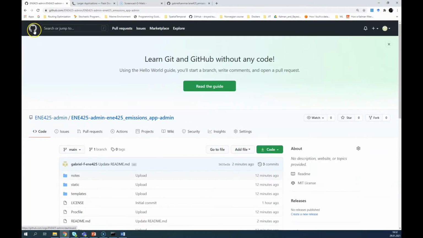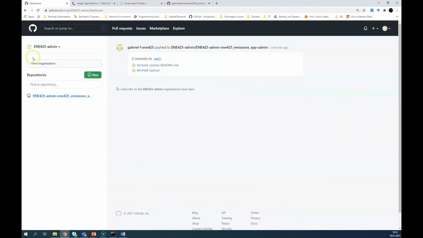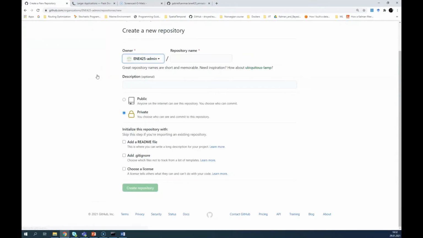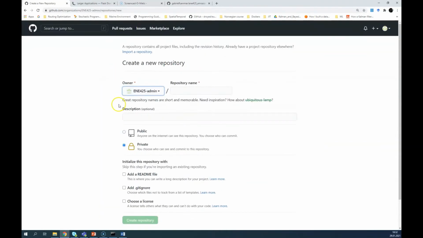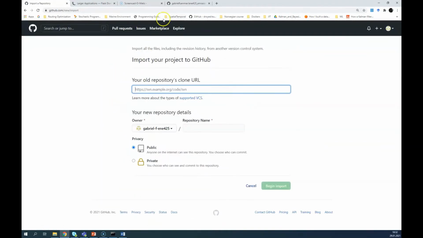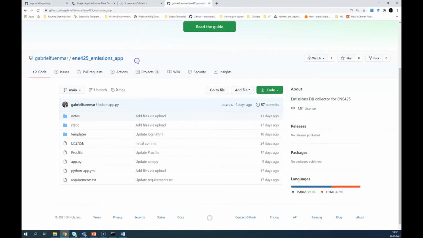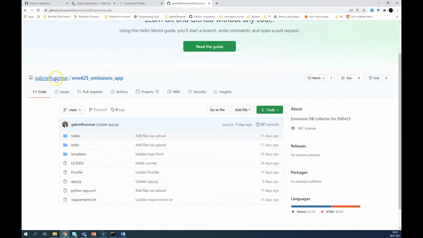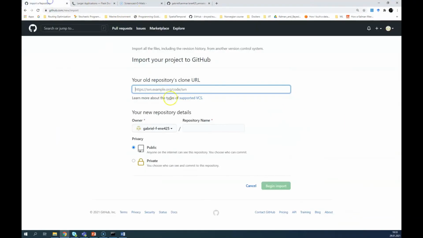You go back to your dashboard. You will enter here where it says create new repositories. And it will give you an interesting option, something called import a repository. It means it will make a direct copy of the existing repository you would like to copy. In that case, we can go to this URL. You just copy the URL, go in here, import repository, and give a name, something like my own repo business